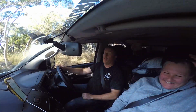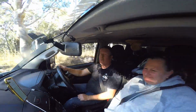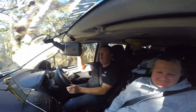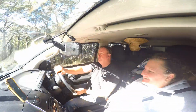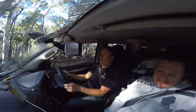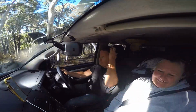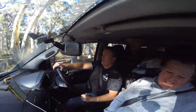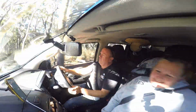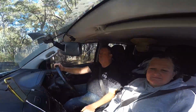So the plan here, well, the plan was for morning tea at Lederman's. It's now a late lunch. So we weren't expecting the hill from hell, nor were we expecting Nick to roll the bead and stake the tyre, not just on the outside, but also on the inside. So he'd done a real number on that. But we are hoping that we can find this little cattleman's hut. We'll pull up there for half an hour or so,